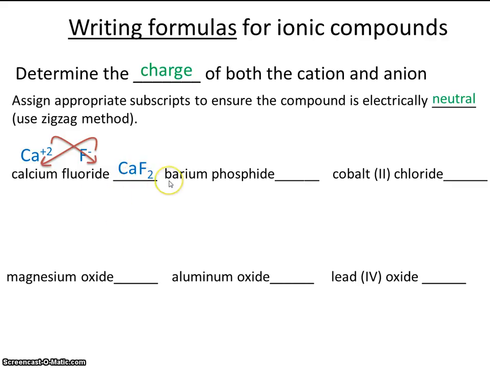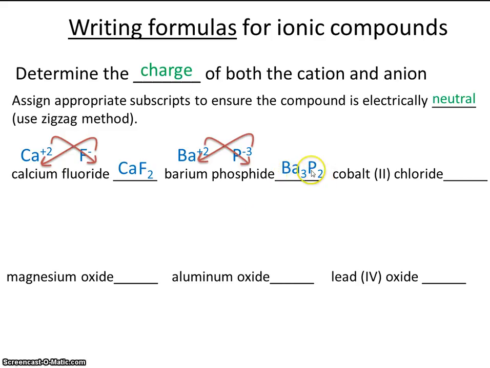Okay, let's write the formula for barium phosphide. So find barium on your periodic table. It's in group 2 and it has a charge of +2. Phosphide, that's the ion of phosphorus. And phosphorus, when it forms an ion, has a charge of -3. So let's go ahead and zigzag these charges. We'll bring the 3 down behind barium and the 2 down behind phosphorus. So when we write the formula, it's